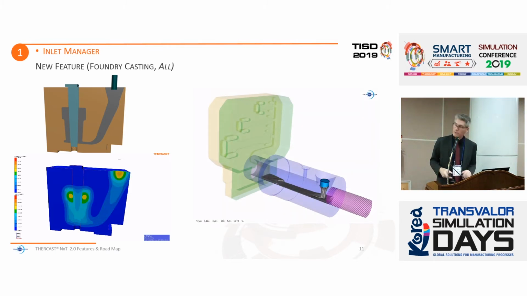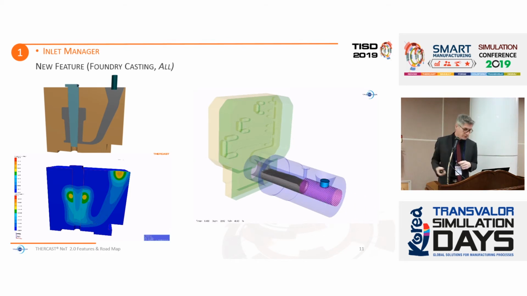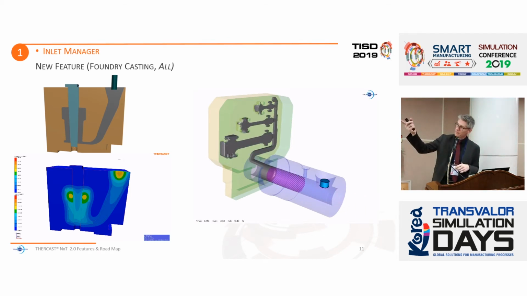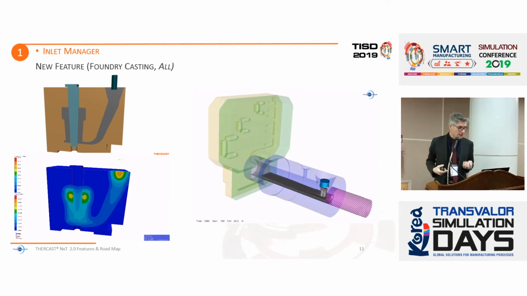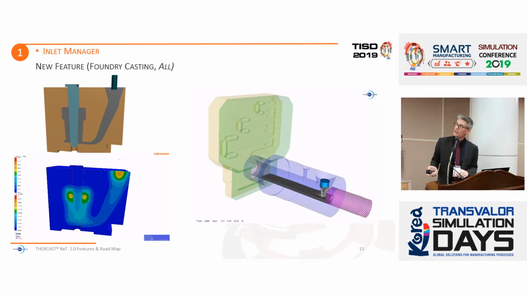Another possibility is to drive, for example, the filling of the container in terms of HPDC casting, and then we activate the piston which is filling the mold along its trajectory. So this is very interesting also, and this is possible because of the inlet definition. Okay, so next.